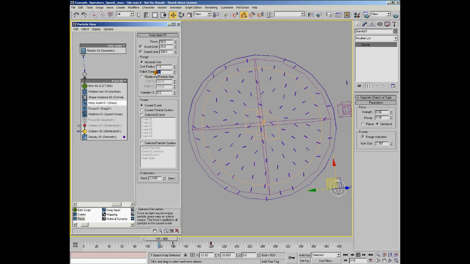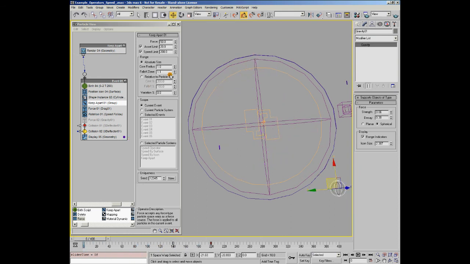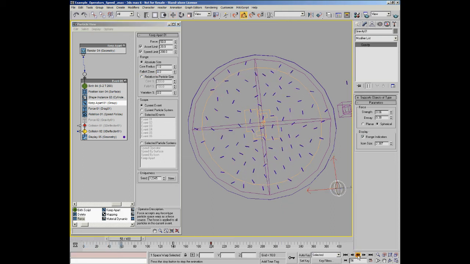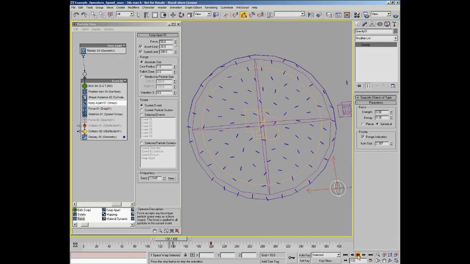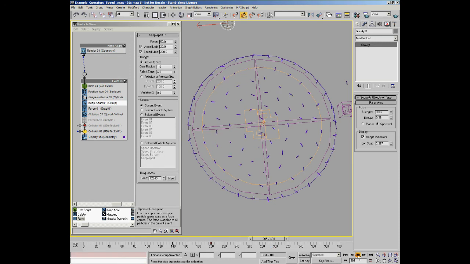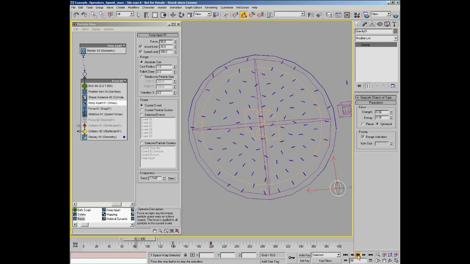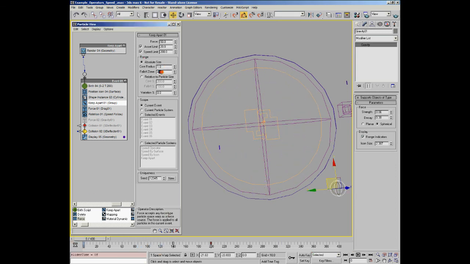If we wanted a much harder feel to our particles, we could make our fall-off zone much closer to that of our core radius, and that would give a much different result. You can see here. So if we put that back to 3 or 4 and press play again, you can see our particles push against each other and spread out to try to reach a state of equilibrium. With a value of 4 we're not reaching equilibrium, so the particles are basically freaking out and wobbling around. So if we use a value closer to 3, which is what we used in our original setup, you can see the